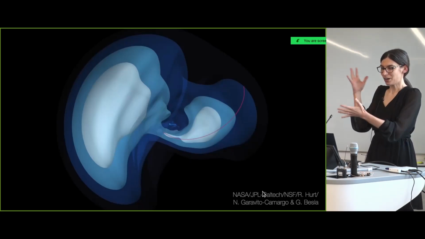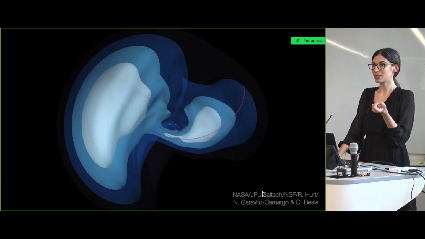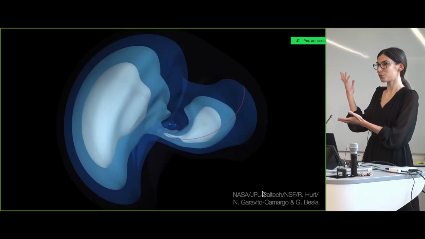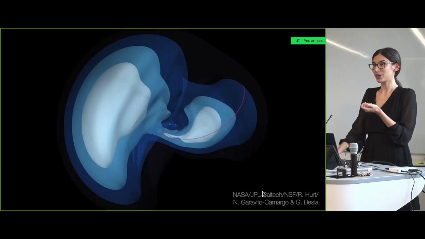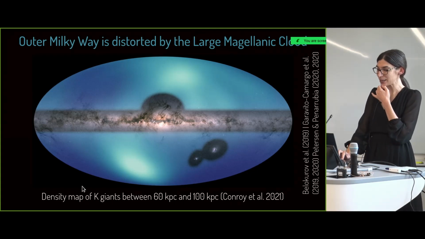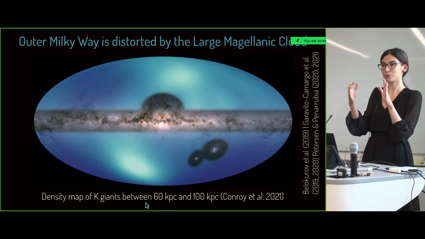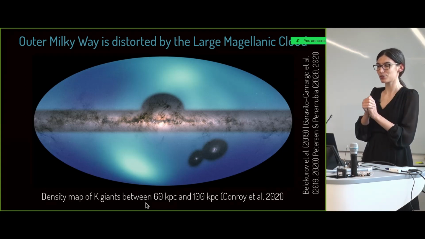So this was theoretically predicted, but already there seem to be indications that, at least in the stellar component of the halo, similar anisotropies actually exist. Here is a map of K giants at distances between 60 and 100 kiloparsecs from the sun, so the very outer regions of the galaxy.